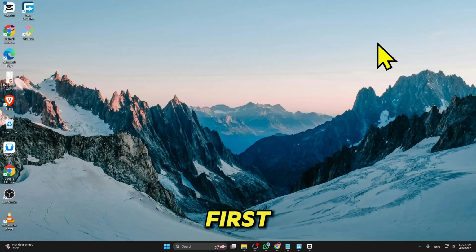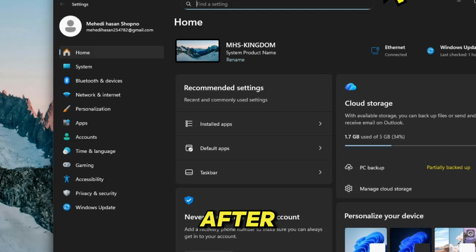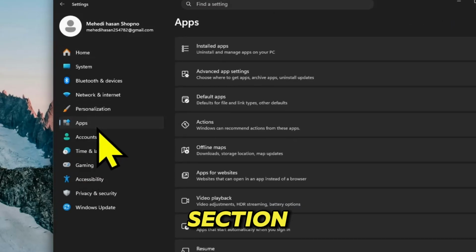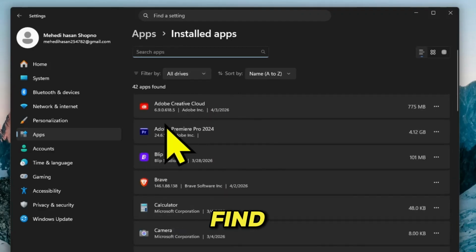What you have to do first, you have to press Windows plus I on your keyboard. It will open your Windows settings. After, you have to come over into the app section. Into the app section, you have to click on installed apps, and then you're going to find the Adobe